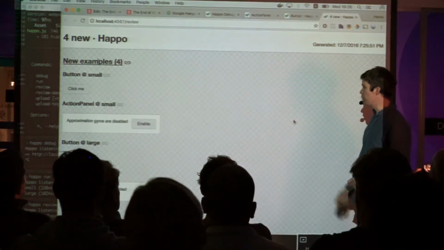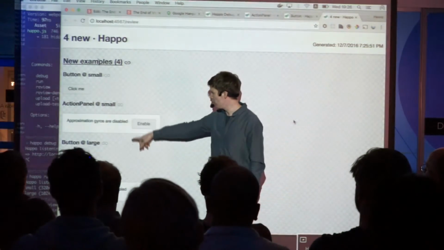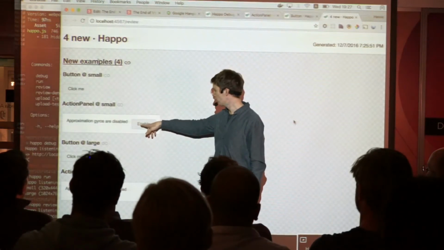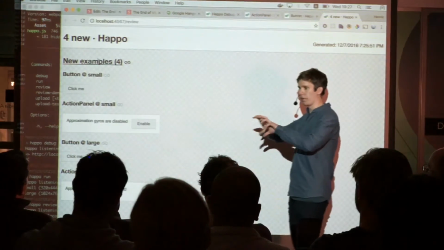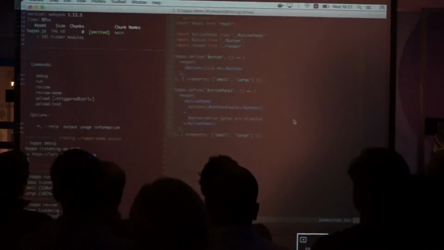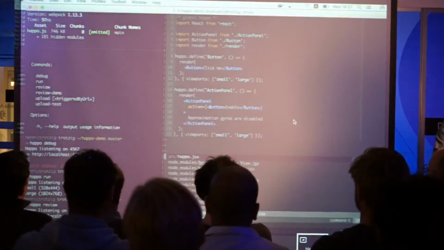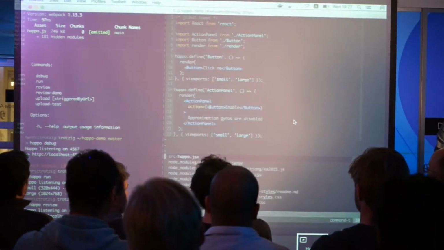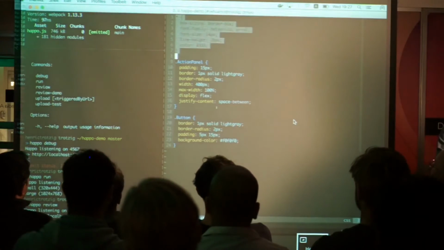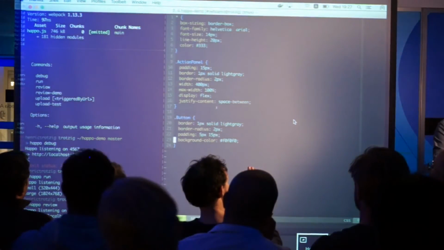And so what I want to do now is fix this. We've noticed that there's a bug with this component. I want to align this text with the button. I want that to be vertically centered, or vertically aligned. So let's open, oh wait. This is a CSS file. Ignore the stuff at the top, it's not important. We have the action panel, and then we have the button at the bottom.